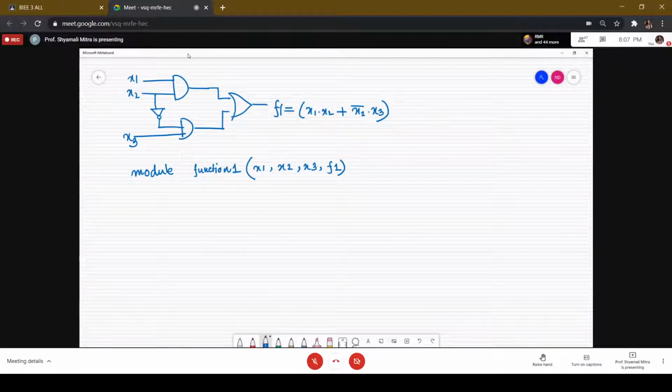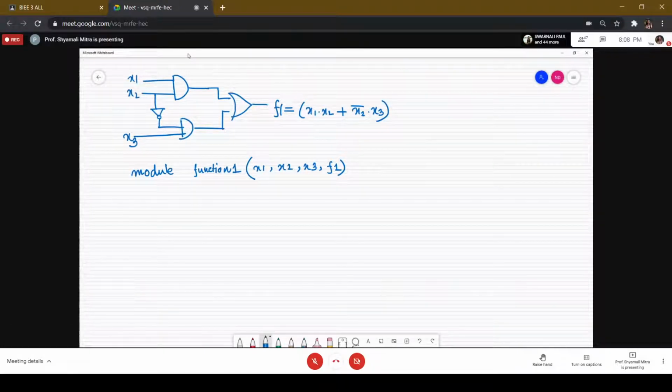Now we will try to write the structural construct from this description. So in the next 2 statements, we will try to declare, in a specific manner, the input ports and the output ports.